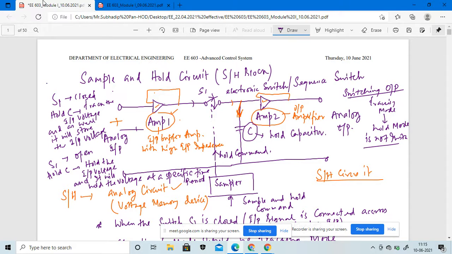Yes, sir. I am asking, from the sampler, whenever the switch is on, suppose this particular switch is under closed condition, that means in a tracking mode, right? So whenever this switch is under the tracking mode, and from the sampler we are giving the command to hold, not the sample command, not the tracking command, then what is happening inside the circuit? Can you tell? So the switch will open. There will be a disconnection signal issued to the switch. No, no. Anyone?